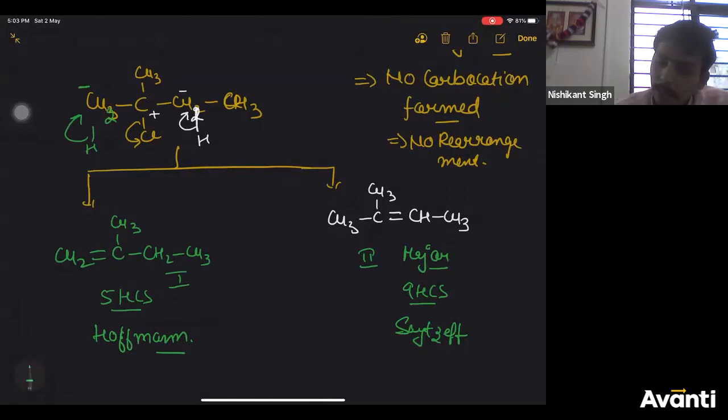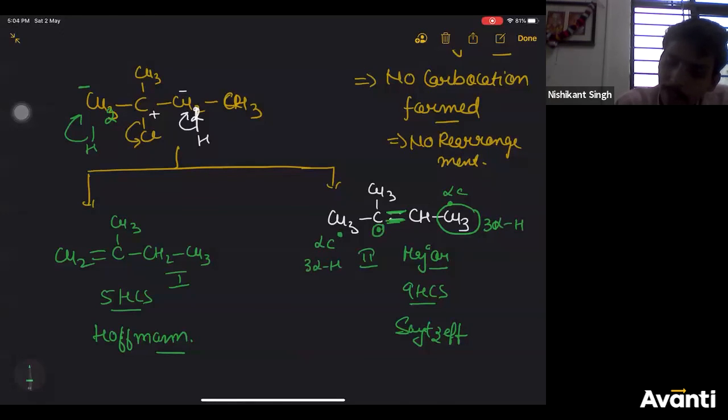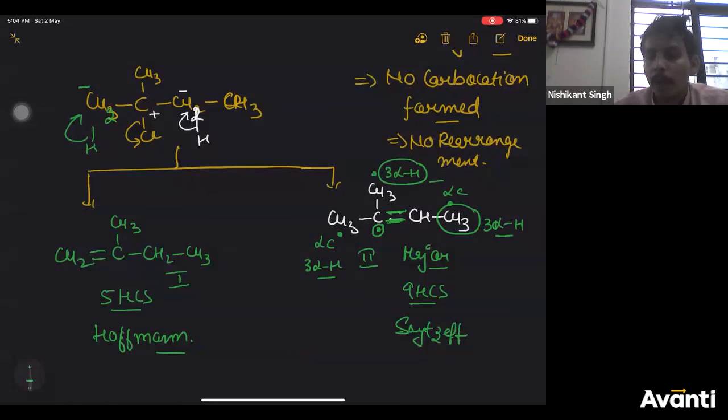For now, Athar, at least you can learn this. If there is a double bond, the next carbon is this. This is your alpha carbon. How many alpha hydrogens does this alpha carbon have? 3 alpha hydrogens. Similarly, this is a double bonded carbon. The next carbon is this, so this is also an alpha carbon. How many alpha hydrogens? 3. This is a double bonded carbon. The next carbon is this. It also has 3 alpha hydrogens. So in total, how many alpha hydrogens are there? 9. The number of hyperconjugating structures is equal to the number of alpha hydrogens. So since there are 9 alpha hydrogens, there are 9 hyperconjugating structures.